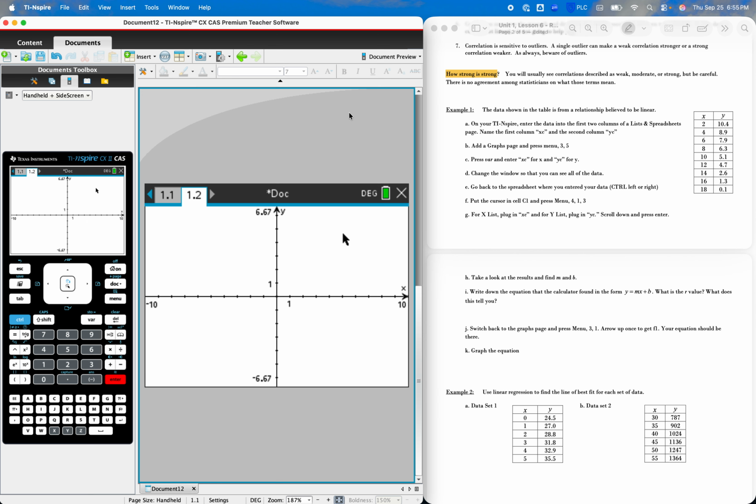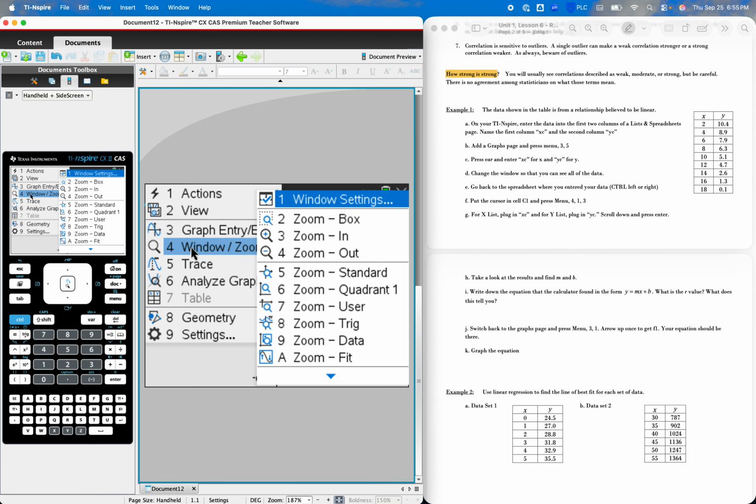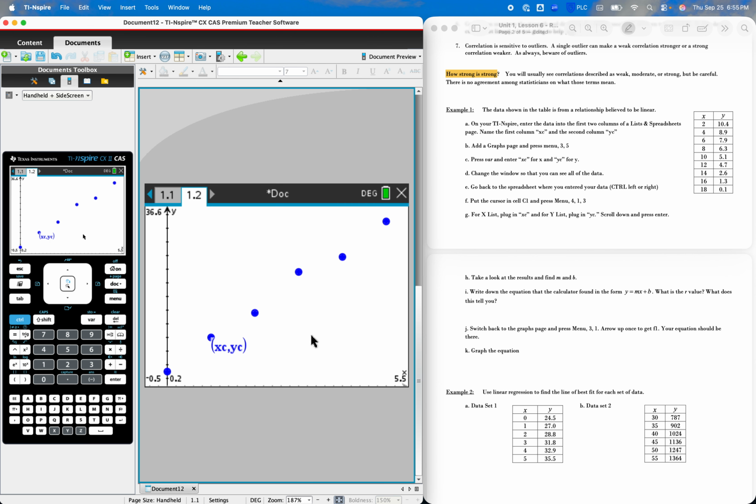It's way up there because the data are like 0, 24.5. So I want to go to menu, zoom, and zoom data. There we go. There's the positive correlation. It looks to me like these are pretty tightly connected. Okay, so I'm going to go back to my